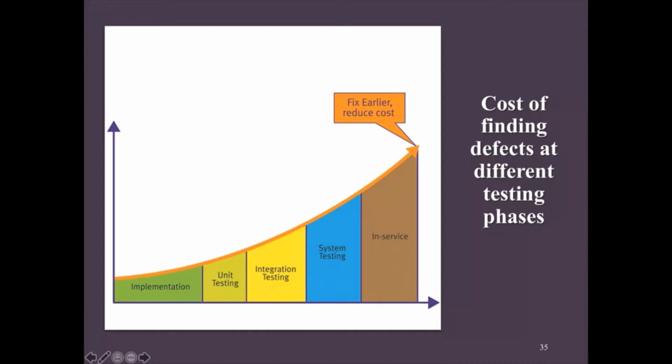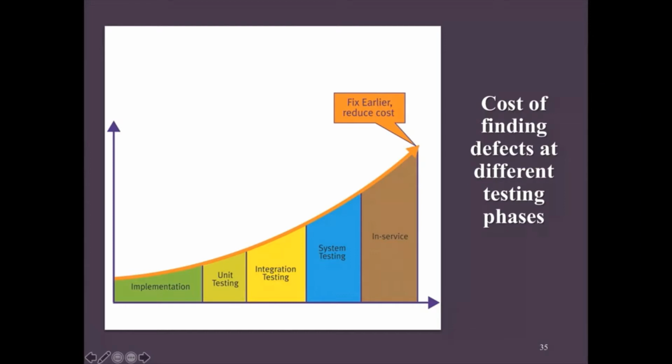The minimum cost is on implementation. Then the cost increases, higher cost in unit testing, even higher cost in integration testing. The cost is increasing at a higher rate, and we call this curve an exponential curve. So you see the cost is increasing at an exponential rate, yani increasing very speedily as you go to every next stage. So the cost of system testing is higher than integration testing, which is higher than unit testing. So at every next stage, if you find errors,